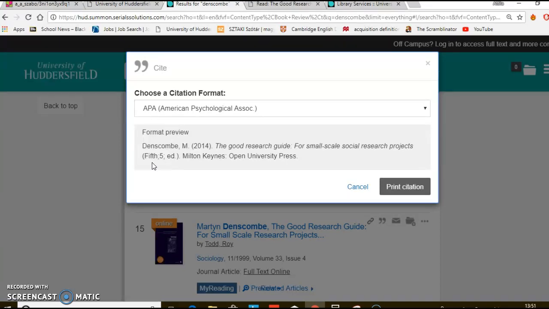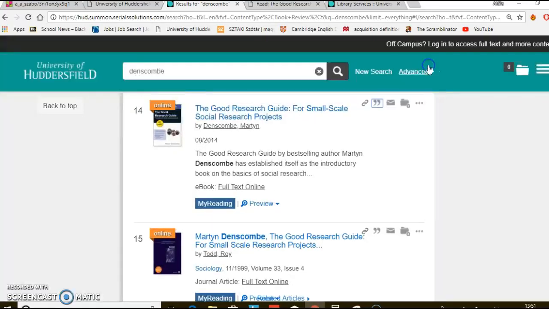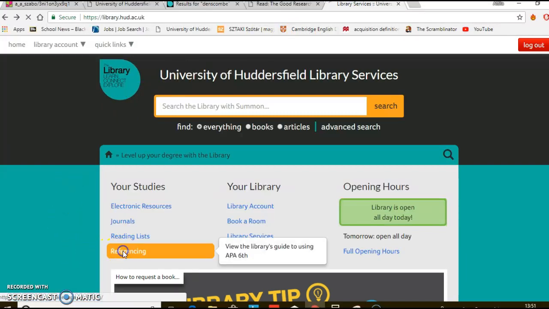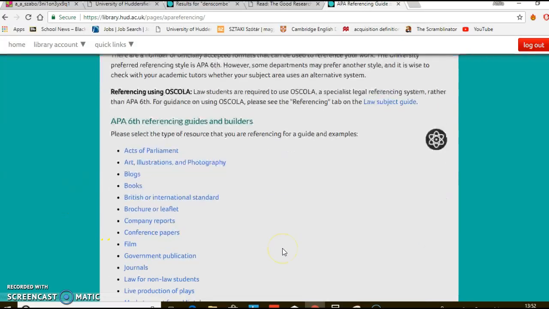And again, you may think that, okay, this is not a big deal, but there are all sorts of other problems as well with other referencing. So I would not recommend doing this. What you should do instead is actually use the library's reference builder. So you come to the main page of Summon, you click here on referencing, and if you scroll